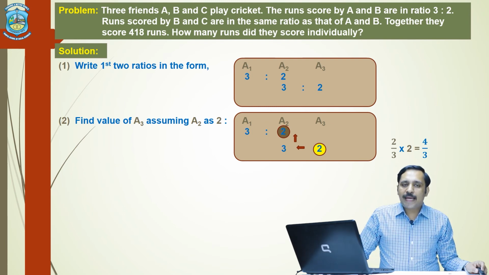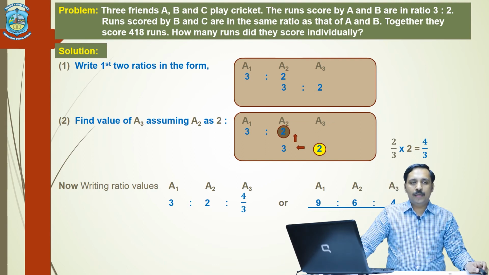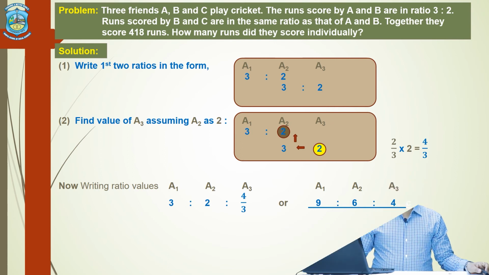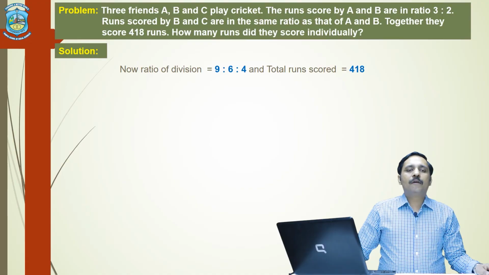So the ratio at A3 is 4 by 3. So what ratio values do we have? We have A1 is to A2 is to A3 as 3 is to 2 is to 4 by 3. Since this is in fraction, we have to convert it into a whole number. So by multiplying all values by 3, we have 9 is to 6 is to 4. Now, once we have found the required ratio, we just have to divide 418